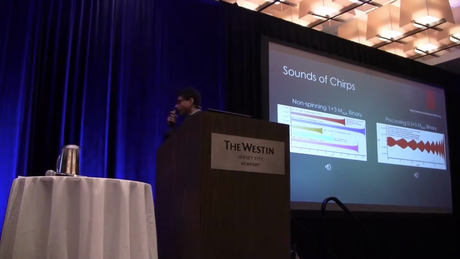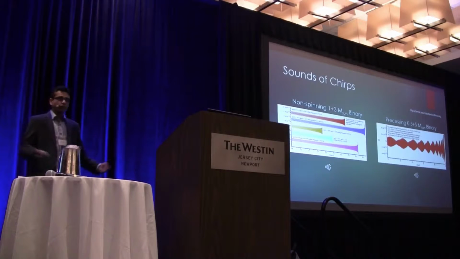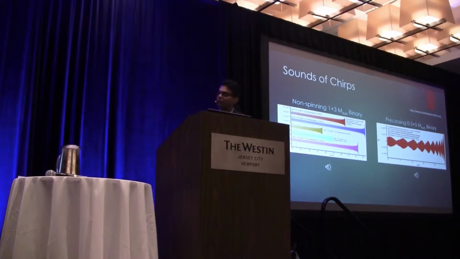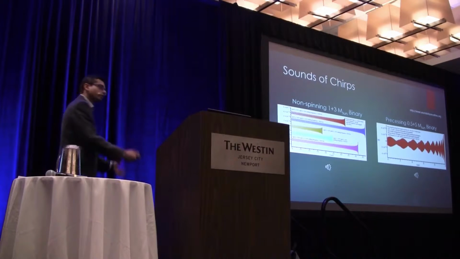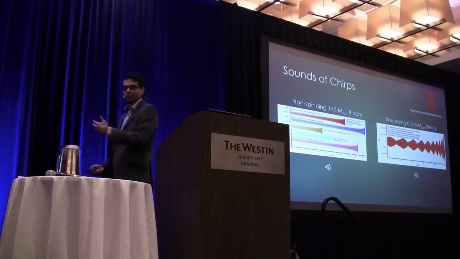Okay, so as I told you, gravitational waves are actually not light. They are basically waves. They are like acoustic waves. We are trying to listen to these gravitational waves. And as it turns out, the sort of gravitational waves that LIGO was designed to detect are actually in the audible band. So we can convert those gravitational waves into sound, into pressure waves, and listen to them, and try to figure out what the universe is telling us.